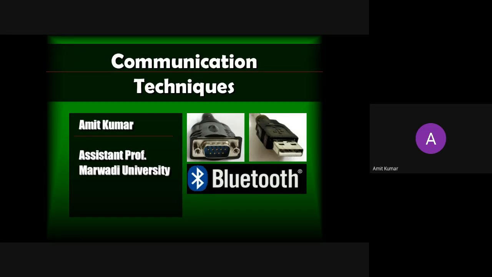So there are two types of serial communication we are going to learn here. First one is wired serial communication and second one is wireless serial communication. So there are various protocols that have been designed for transmitting the data serially, because it's a typical thing when you are transferring your data serially.